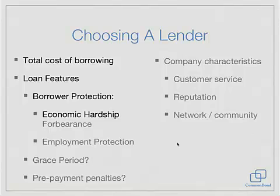So you should really think about not just going through the loan application process and it's all done, but the fact that you are going to be continuing to interact with this lender for the next 10 years. If there's a problem, if there's a change, if there's dealing with school certification, any of the things down the road, having a company that cares about you and really is an advocate for you is a really critical